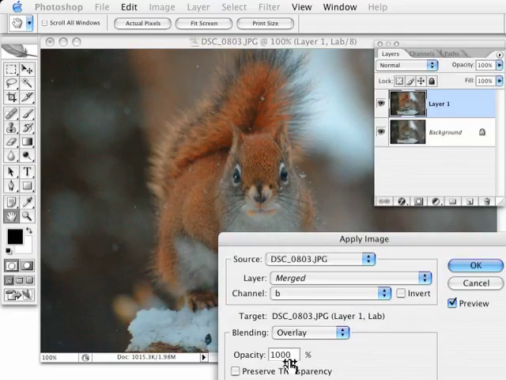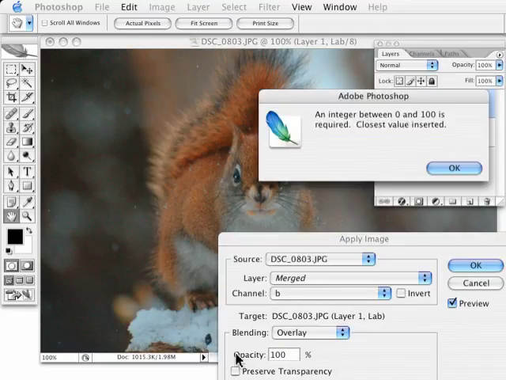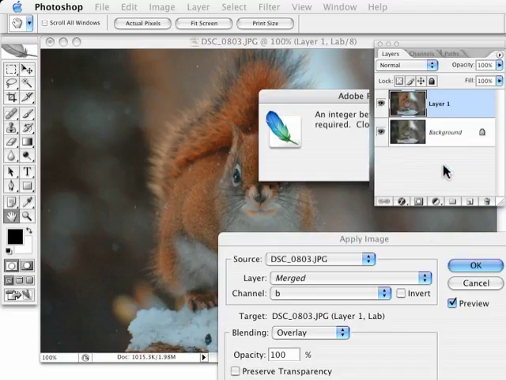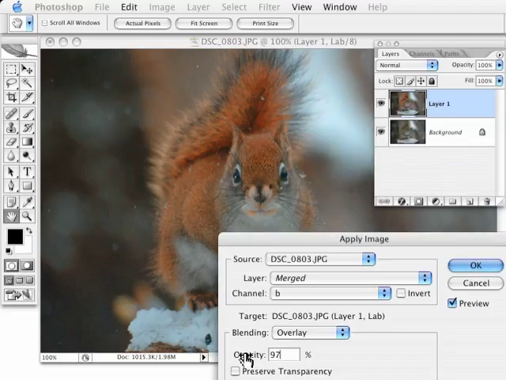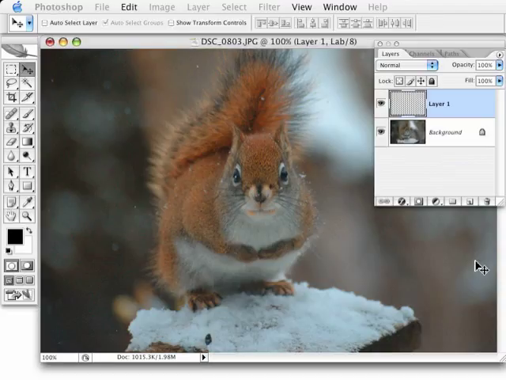So I'm going to not have an opacity of 1,000%. That was kind of interesting. Slip of the keyboard. So let's pull that opacity. I'm just using the scrubby slider method to pull it a little closer to what I want. Let's look at the before and now. Definitely closer. Still a little bit intense, so I'll maybe just pull the opacity back a little bit. And more importantly, perhaps, here's the original photo. Here's now. Mr. Squirrel is looking just the way I want, but the areas in the background, of course, are